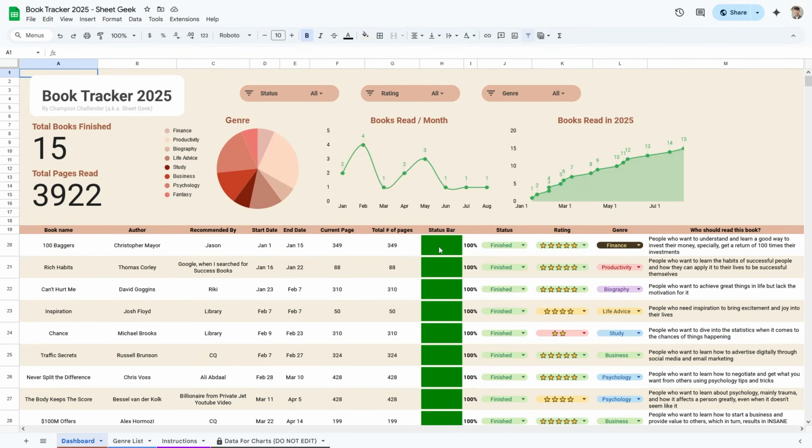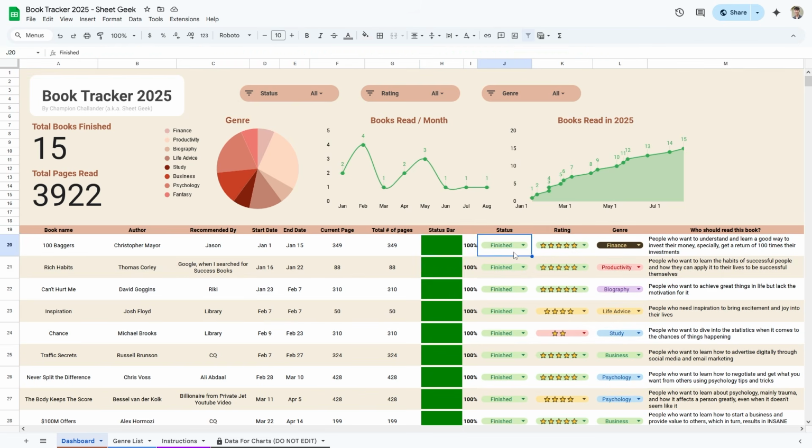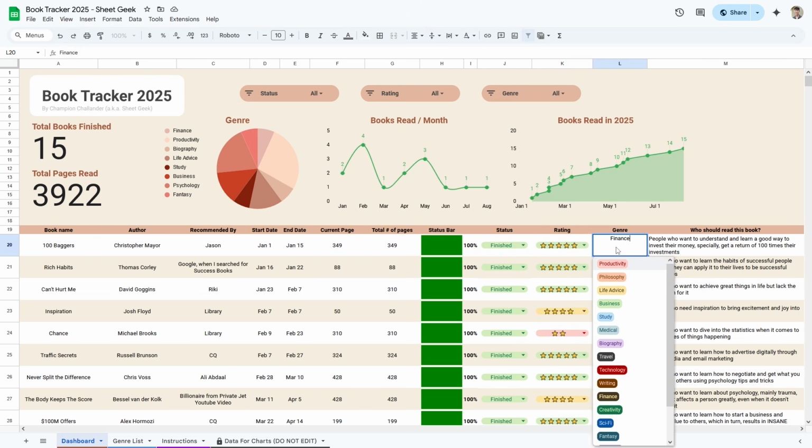In today's video, I'm going to show you how to actually make this book tracker 2025 from an absolutely blank spreadsheet to this. So I'm going to take you through all the steps, how you make this table, how you make this status bar, how you make these ratings, a genre, drop-down lists, all these slicers and everything completely from